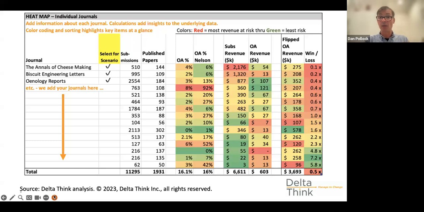And then we might need to go into what proportion of your output falls under different categories. What's your open access output compared with your output under subscriptions? That might involve, for example, pulling back hybrid journals. If you've got hybrid journals, what proportion are open versus under the subscription model?